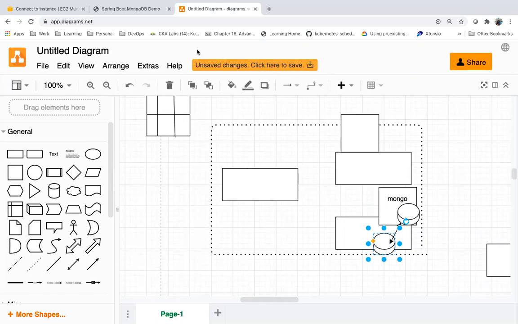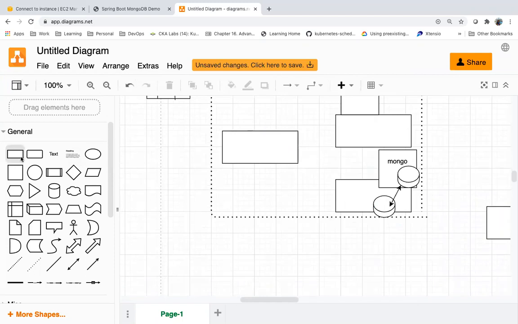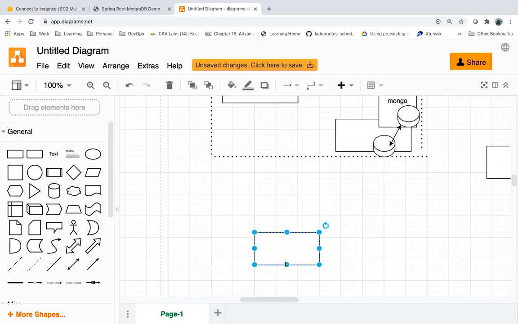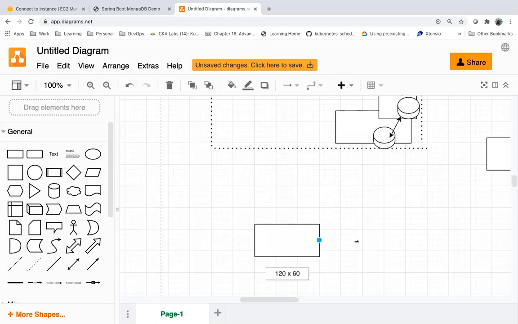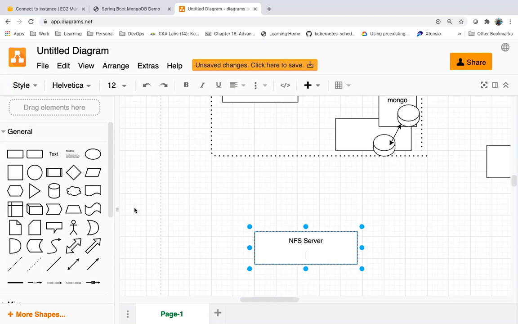So now instead of this, I can go for NFS. What is NFS? Network file system. I can have a separate server where I have set up a NFS, network file system. Let's assume this is my NFS server.